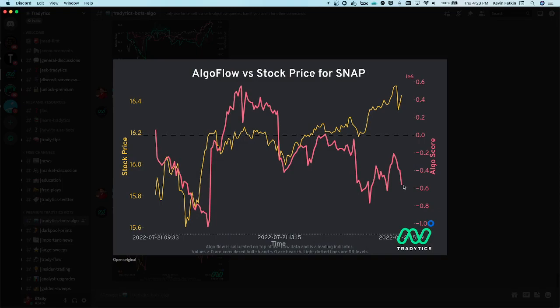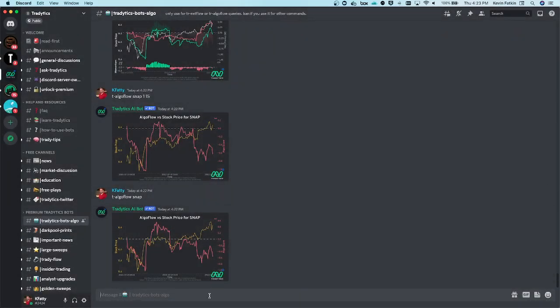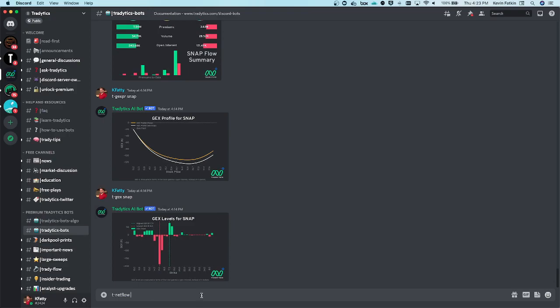Once again, it tells the same story, meaning that SNAP looks like it can come down to around 15.9, which is a good sign. So this is definitely sitting up good. So right now we're 4 for 4. Now if we jump over to the next channel where we can look at things more,